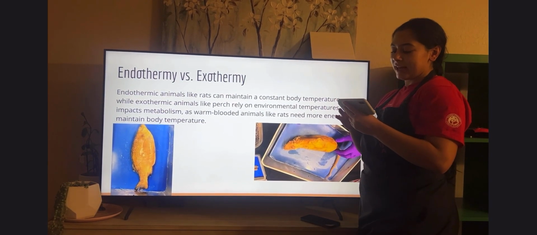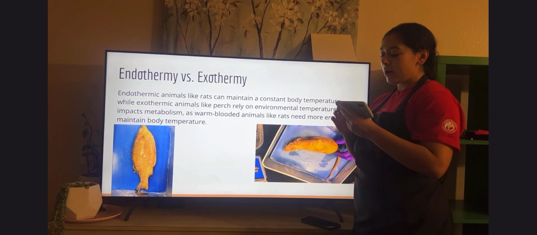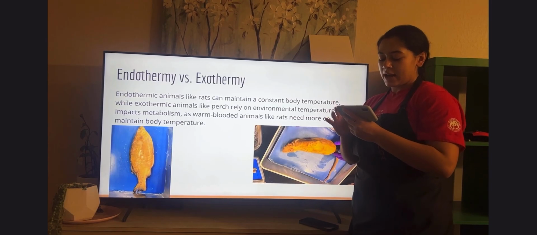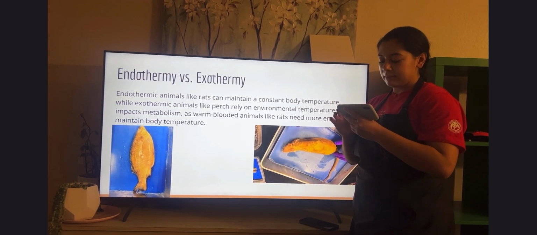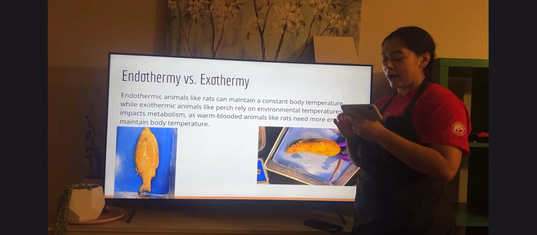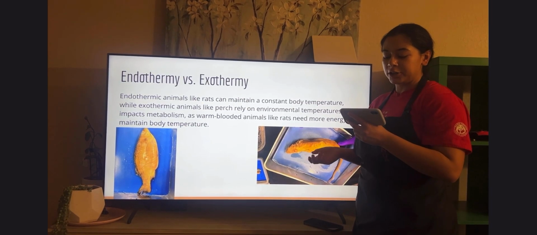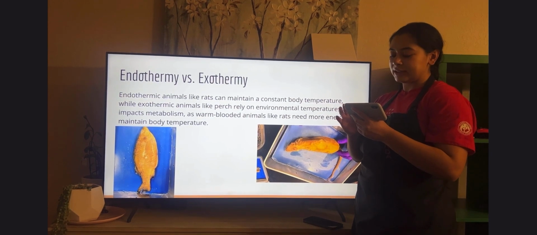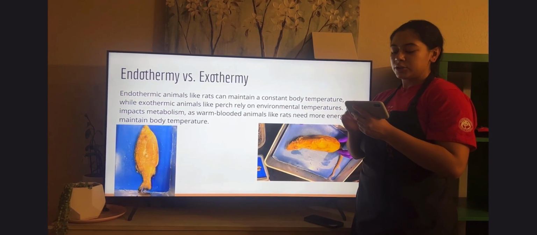Because the perch is ectothermic, it cannot maintain the same high metabolic rate as the endothermic rat. This difference impacts their energy needs. The rat requires more food and energy to maintain its body temperature, while the perch relies on the environment to regulate